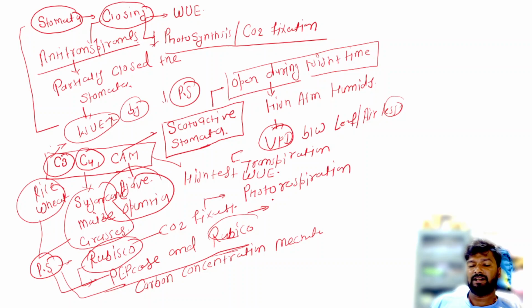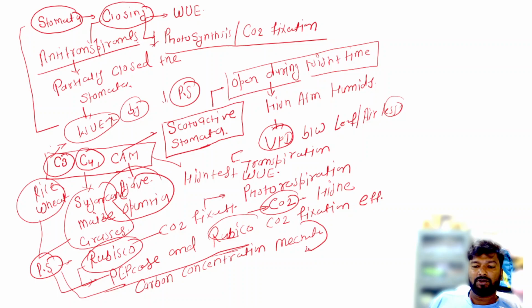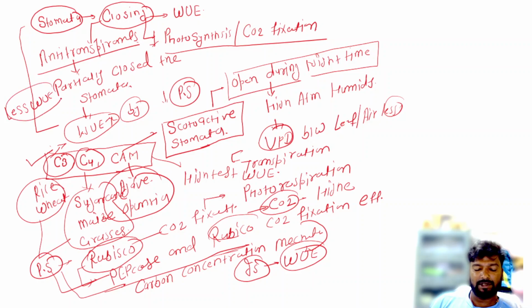So the C4 plant efficiently uses the CO2, or they have higher CO2 fixation efficiency. Okay. Also they have less stomatal conductance. So they have high water use efficiency. But in case of C3, they are less water use efficient plants. Okay. So if you will see that